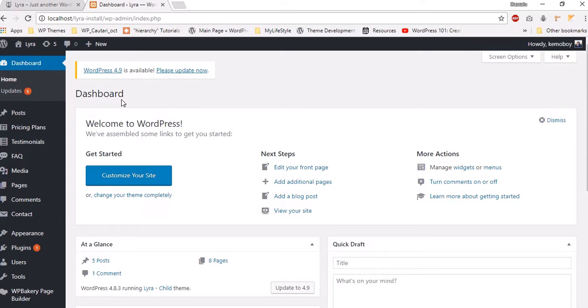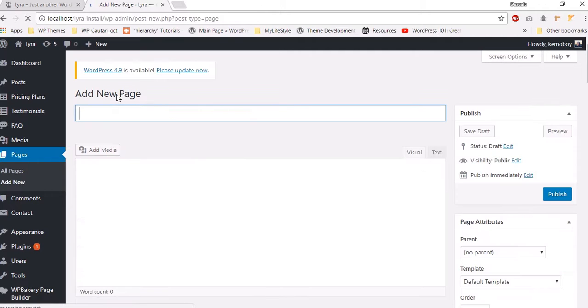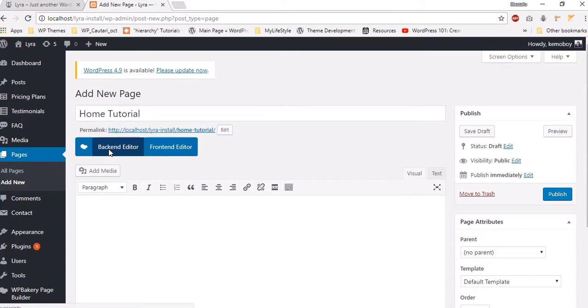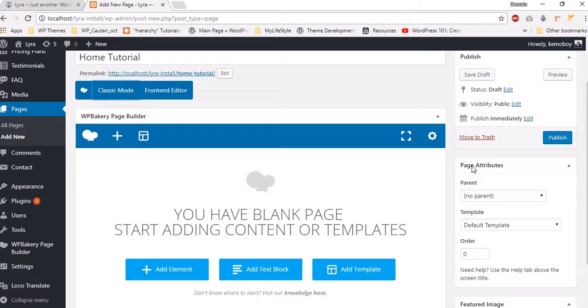So you have to go to pages, add new, and for this video purpose I'm gonna name this new page home tutorial. I'm gonna select from Visual Composer or the new WPBakery page builder, select the backend editor, and then go to page attributes, and on the template you have to choose Visual Composer black template. So then click publish,